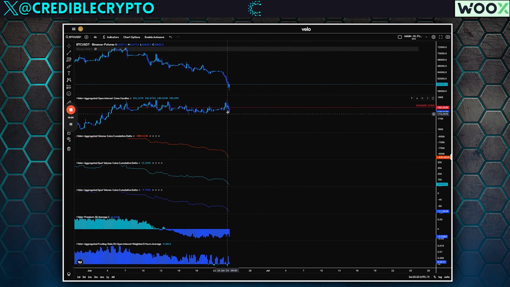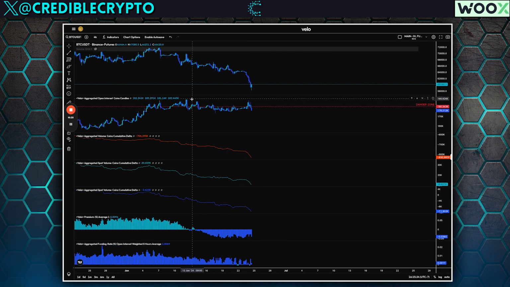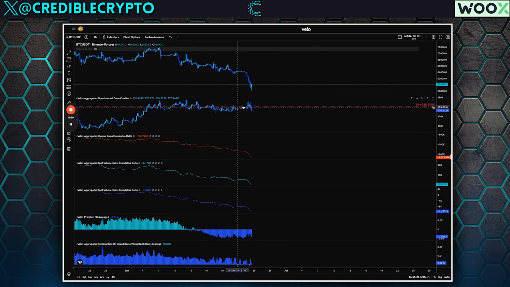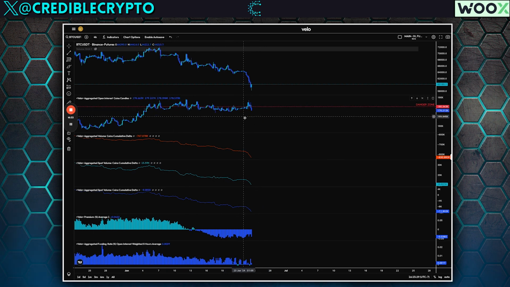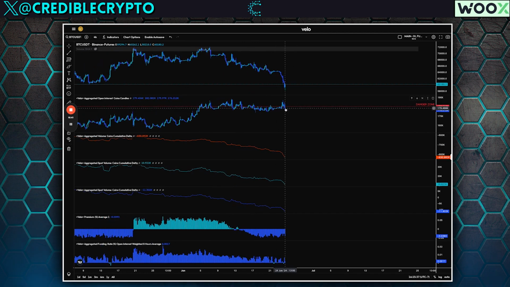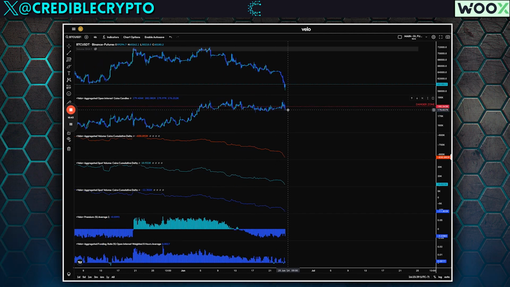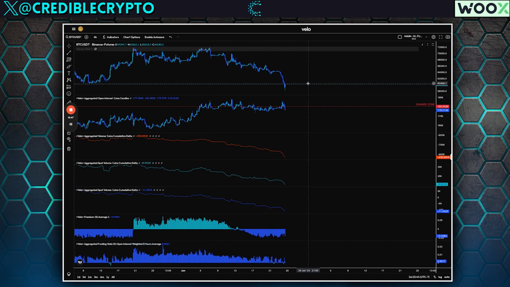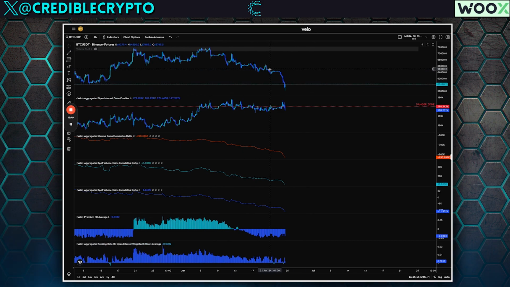Open interest is high, but the key that I want to point out here is with the amount of long liquidations that we've seen and with open interest barely moving down, it implies to me that we have probably a buildup of short positions that need to be liquidated. And so despite open interest being relatively high, being at our danger zone, I think a good chunk of this is going to be shorts that have piled in. I think that those will eventually get liquidated once we break out to the upside.